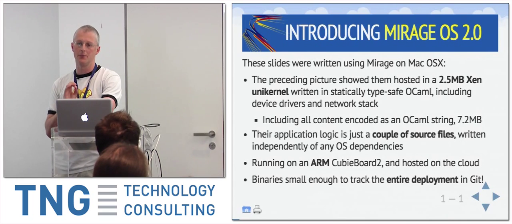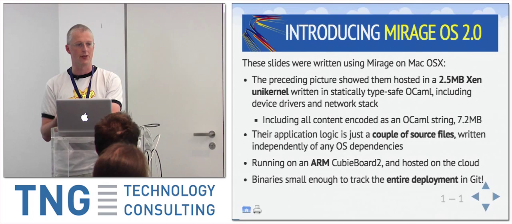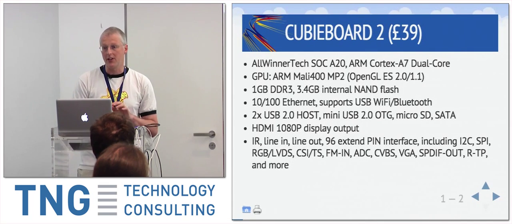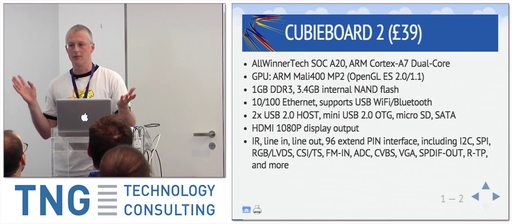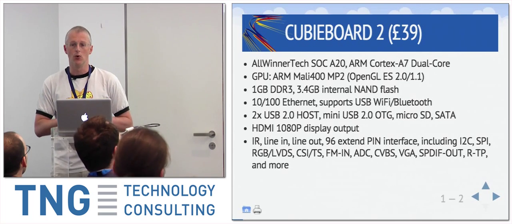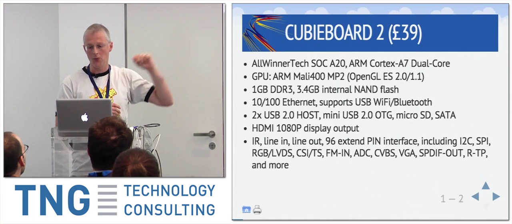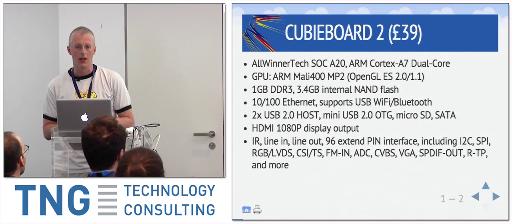One of the nice things about this is the binaries are small enough that they can be tracked explicitly. The compiled output can be tracked explicitly through Git. And I'll talk a bit more about that at the end. To give an idea of the spec of the platform running on, obviously standard big x86 Xen style servers. But thanks to the support now for Xen ARM, we can also run on these kind of devices. So the photo was a QB board 2. It's about a 55, 60 euro board, I guess, so a fairly cheap ARM-based platform.